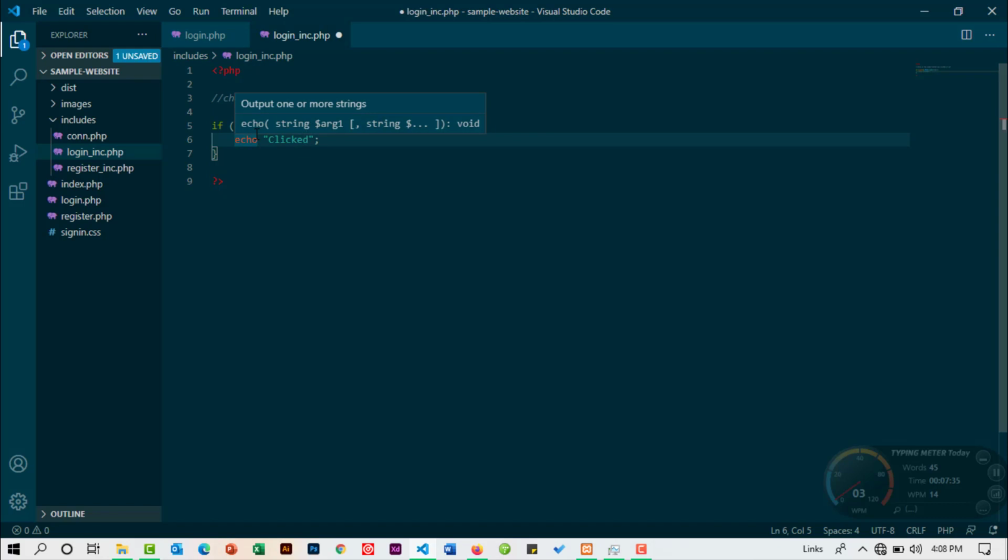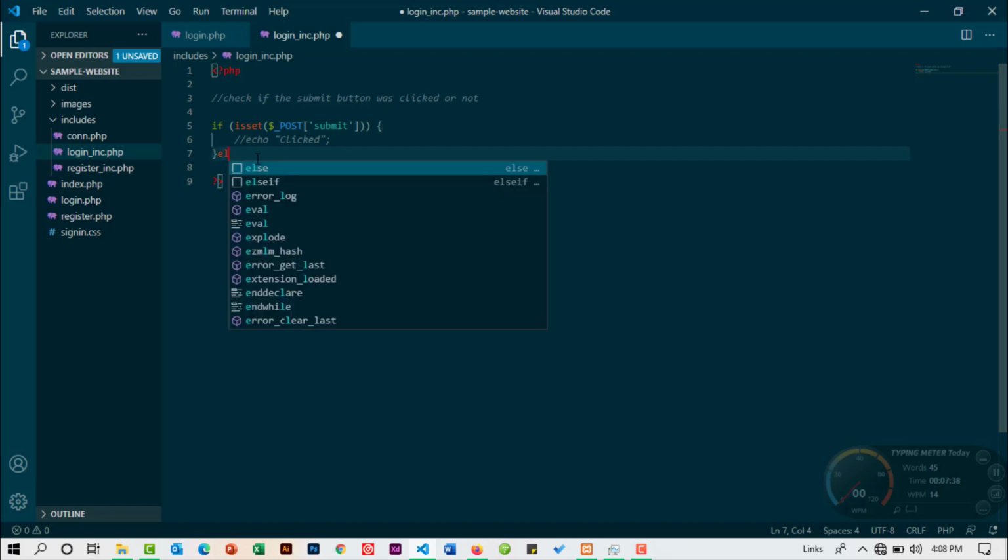So I can just comment that out. So the next thing that I want to do here is, if the person tries to access the home page or the index.php or HTML page without providing the login credentials, we want to tell that person that access is forbidden. We won't like to echo an error, because a hacker or any person may try to bypass the login system or the login part. So I'm going to say else,